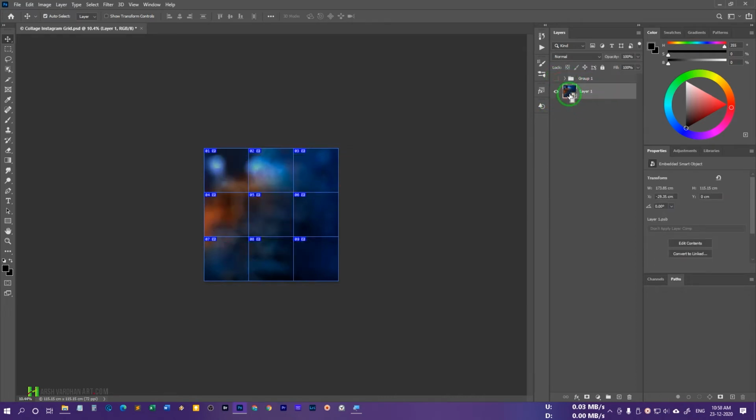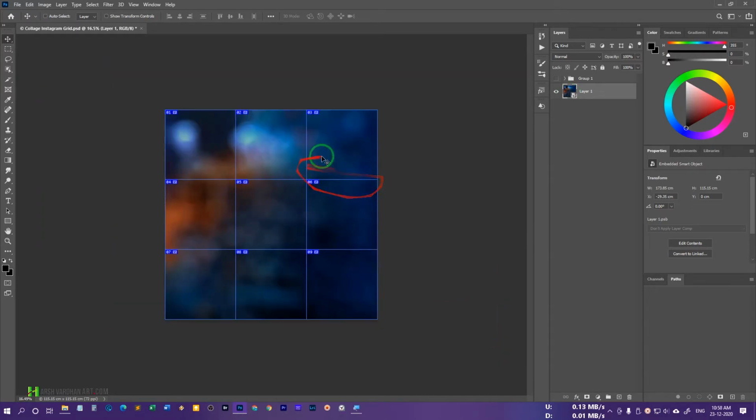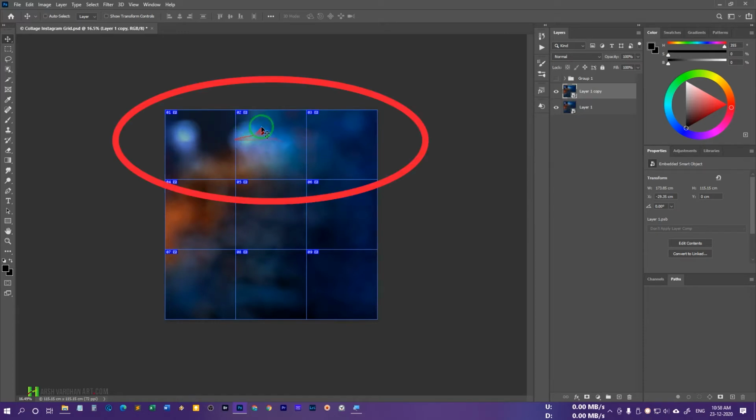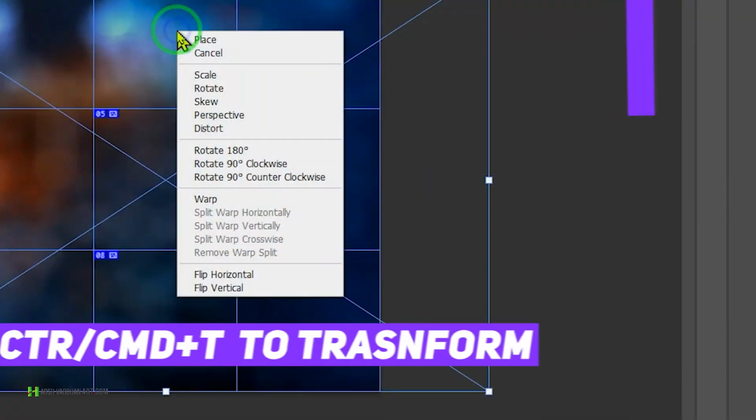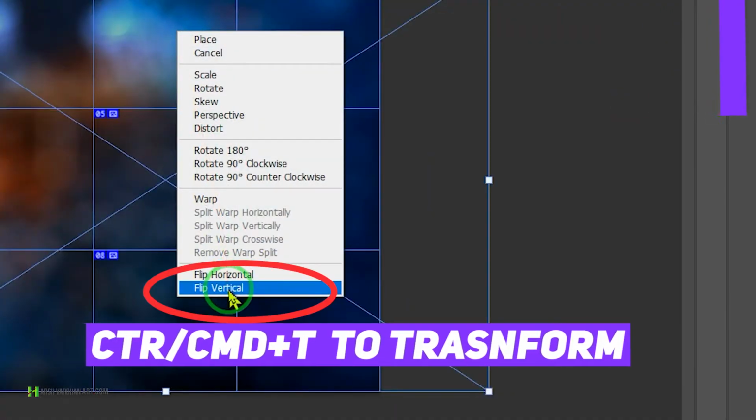So now what I will do, I'll just create a duplicate copy of it by pressing Ctrl J, Command J, and now because the top part is bright and the bottom part is dark, I have to just vertically flip it. So I'll press Ctrl T, Command T, and right click and select flip vertically.